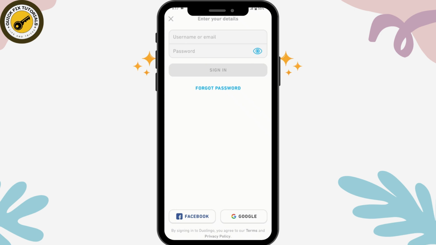But if you want to use your email or your username, then enter your email or username on the first blank. And once you've entered that, on the next blank, you need to enter your password. But if you don't remember your password, then you can go for forgot password so that you can reset or recover your password. But if you remember, then simply enter your credentials and then tap on sign in. And once you tap on sign in, it will log you into your account. So that's it. That's how you log into your Duolingo on your